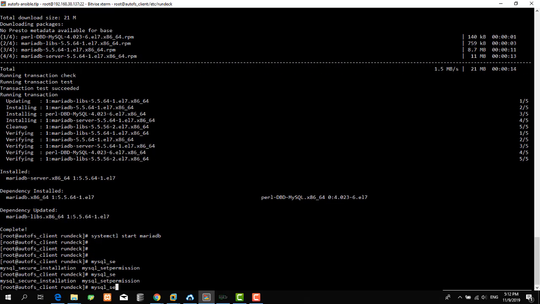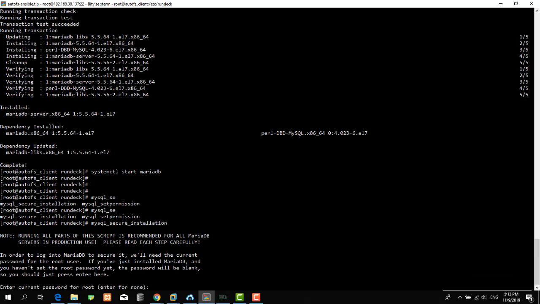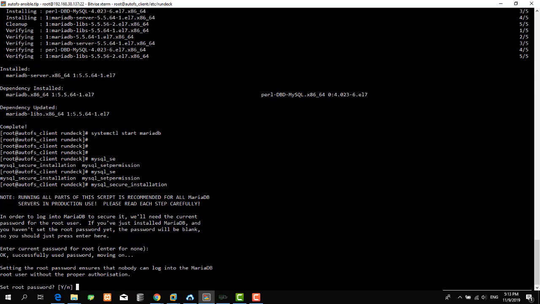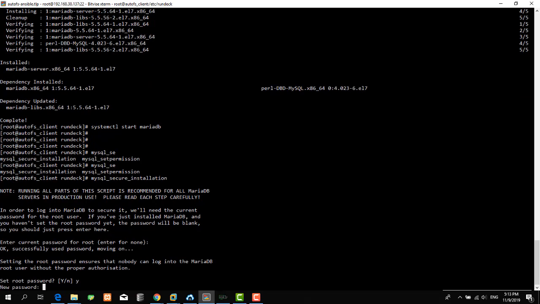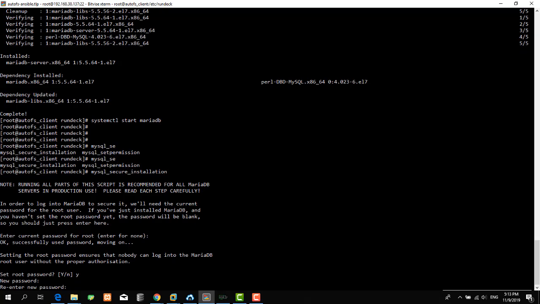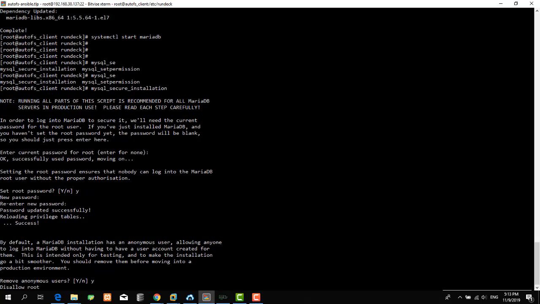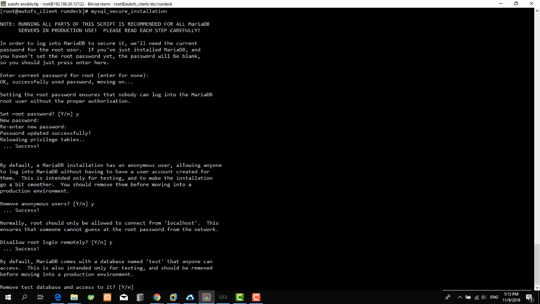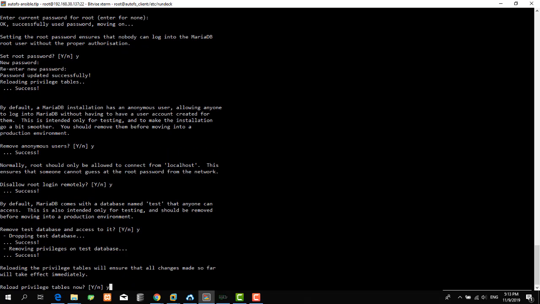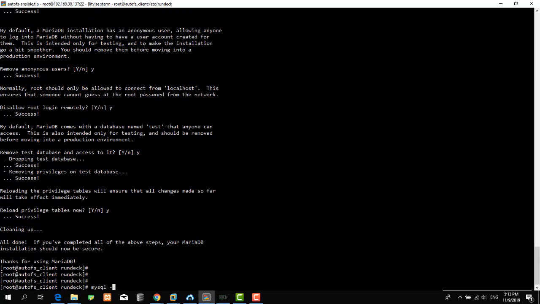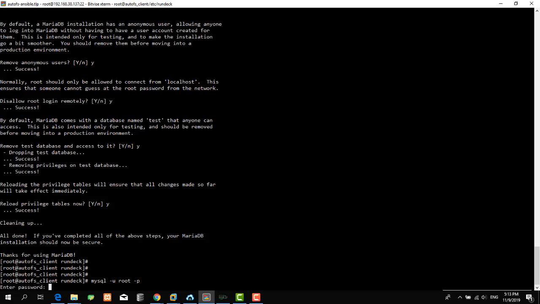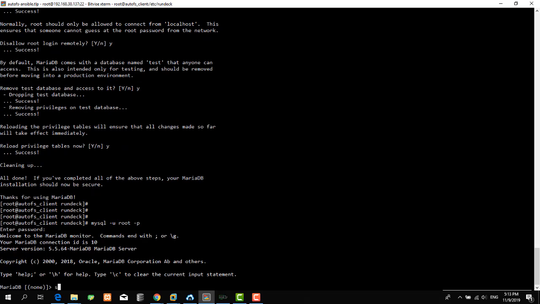I'm typing mysql_secure_installation. Enter current password. I don't have any root password configured for the database. I want to set a new password. Let's say rundeckpassword. I'm retyping my password. Remove anonymous users, yes. Disallow root login remotely, yes. Remove test database, yes. Reload privilege tables, yes. And it's okay. Now to connect to our database, I'm typing my root password here,